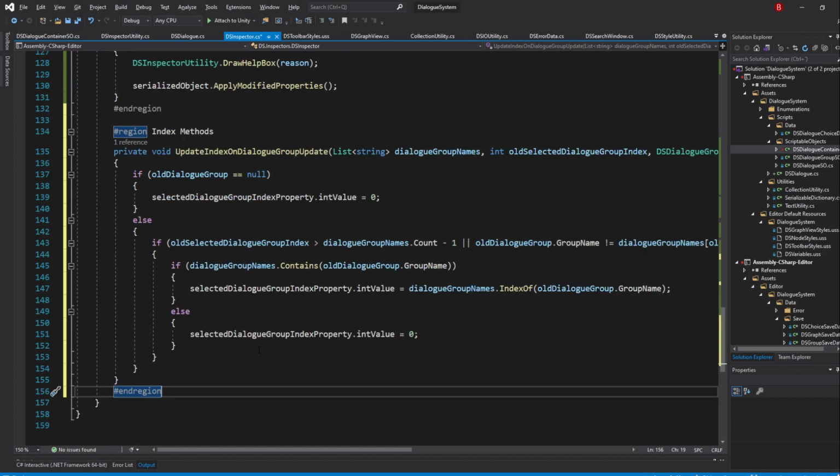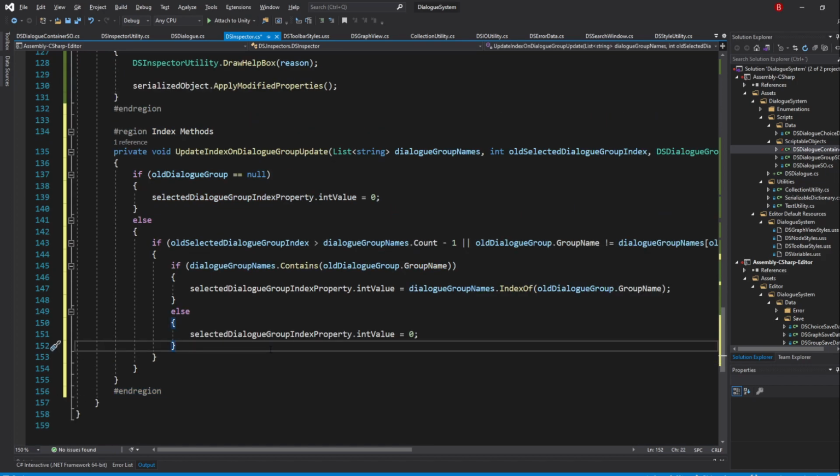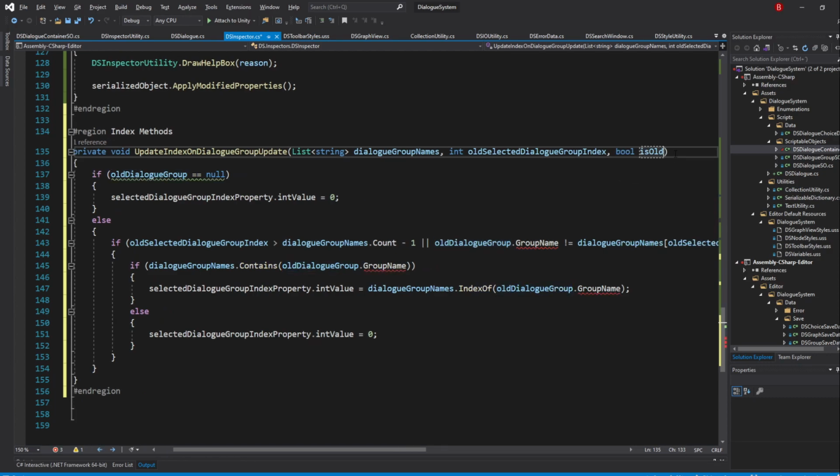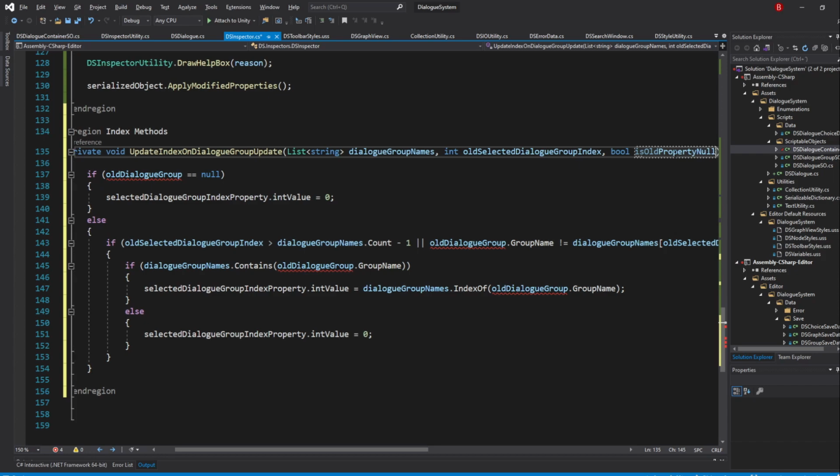However, we want to be able to reuse this method in our dialog area as well, as it faces the same problem, so we'll be updating it to be reusable. To do that, first swap the DSDialogueGroupSO parameter to be bool isOldPropertyNull instead. When that's done, swap the first if statement to use this variable